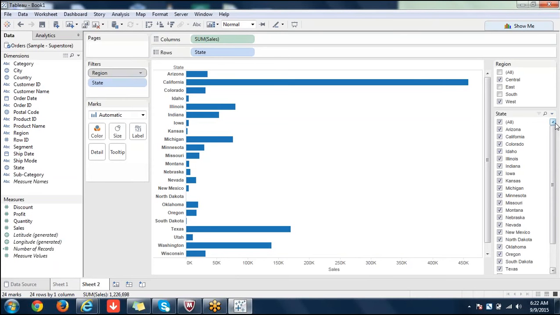So when it goes against the source, what does it do if it's running live? While pulling data from the database, before aggregation and everything happens, the context filter will be the first thing applied on that data.